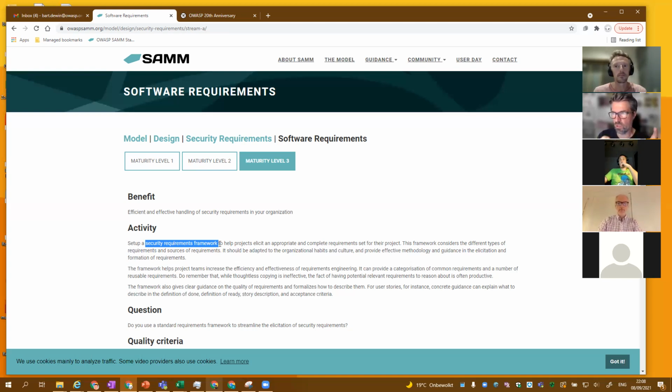Like if you do attack trees or abuse cases, and then the security requirements are then tied to that. Yes, indeed. Whatever you use as a starting point. Yeah. So to jump in a little bit,